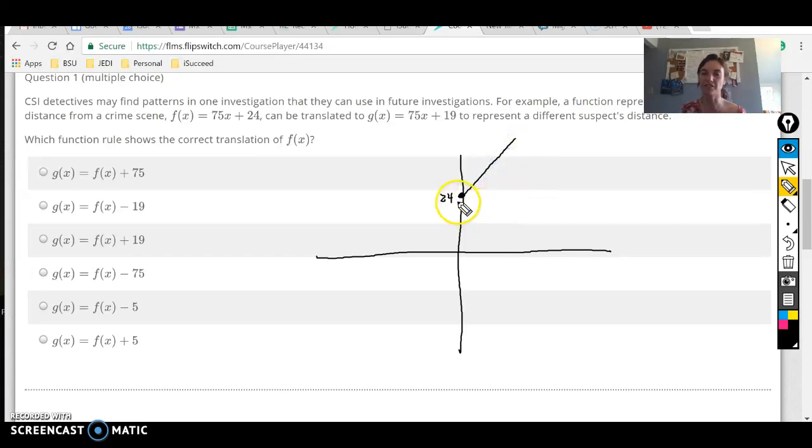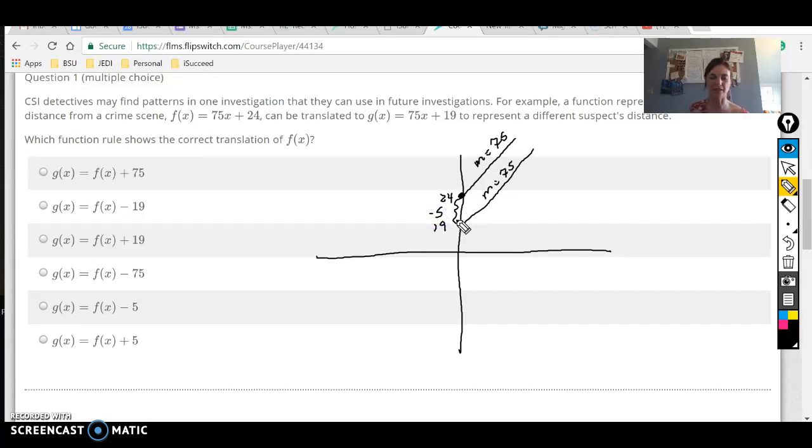It's actually much steeper than this, but for the sake of demonstrating, we're going to say that this is a slope m equals 75. Okay, g of x is here at 19 for the initial value, but it has the exact same slope or rate of change. Okay, so to get from f of x to g of x, we simply have to subtract 5